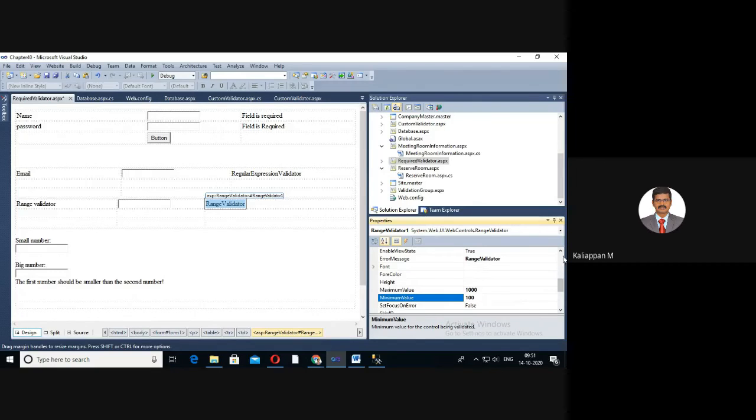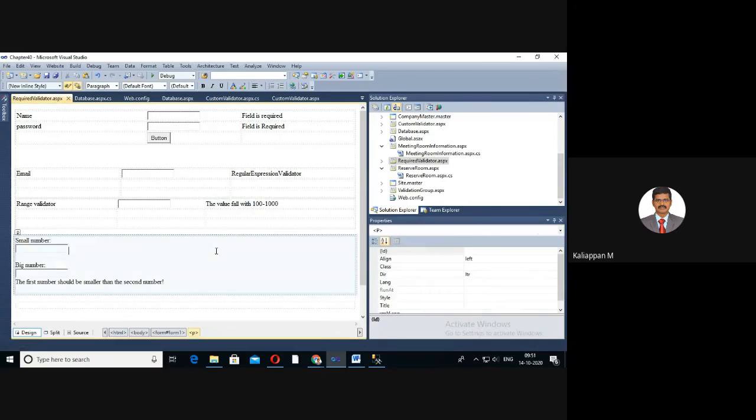Then you have to give the error message: the value should fall within 100 to 1000. This is the error message.